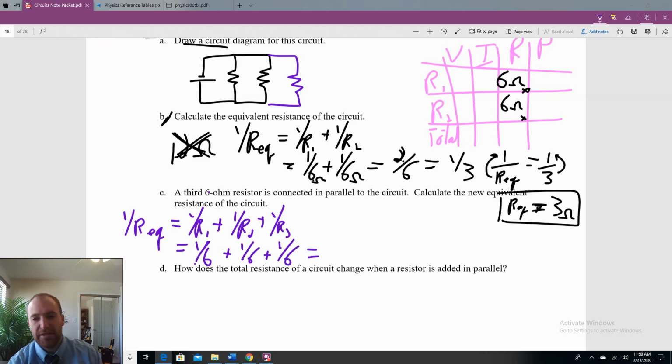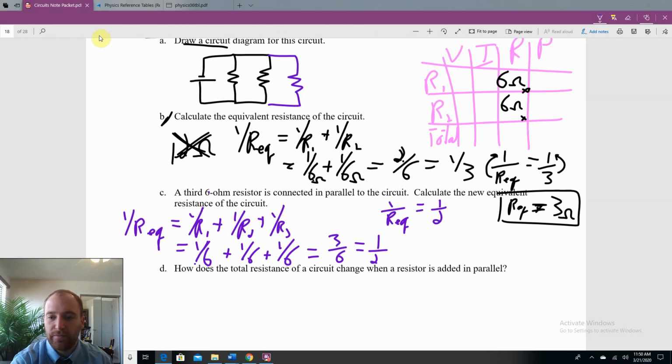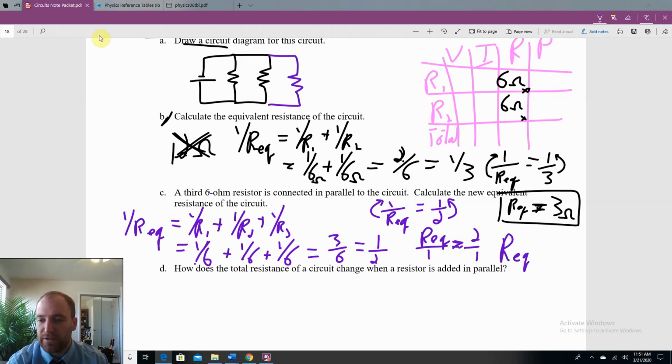1/6 plus 1/6 plus 1/6 is a total of 3/6, which simplifies to 1/2. And again, just like before, that's not our answer. That's 1 over our answer. 1 over the equivalent resistance is equal to 1 over 2. So we have to flip both sides again. The equivalent resistance over 1 is equal to 2 over 1. Well, Req divided by 1 is Req, and 2 divided by 1 is 2, so the equivalent resistance is just